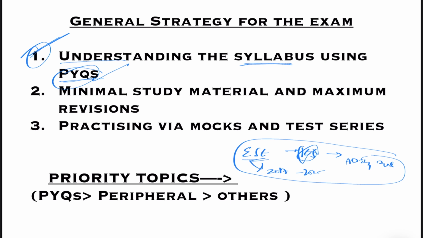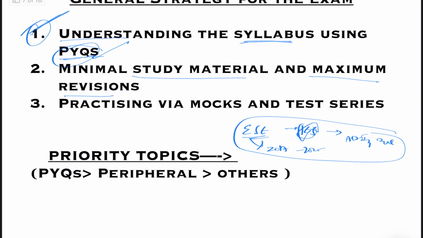Please go through it. And coming to the next aspect, keep your study material as minimal as possible and try to do multiple revisions on the same material instead of referring to multiple books. Don't go for many other books, because today is August 1st. You'll have your exam in roughly 65 days. In 65 days, if you start studying multiple sources, I don't think you will be able to complete the